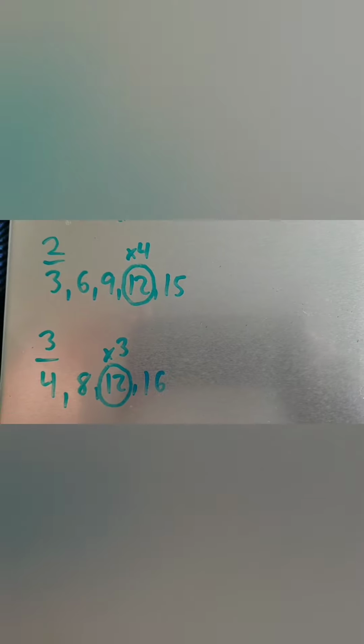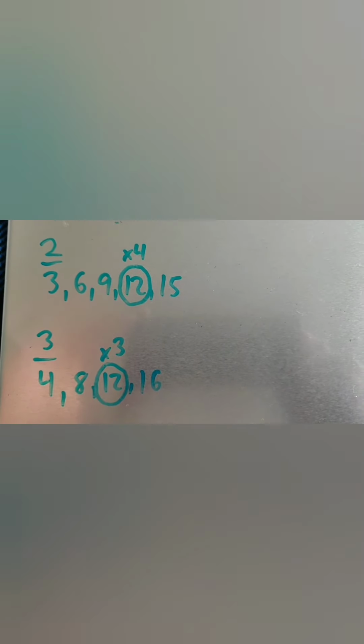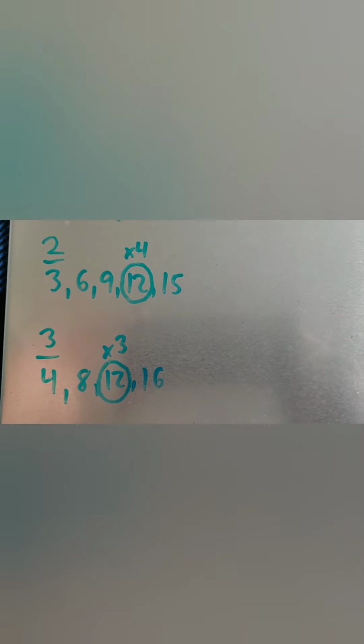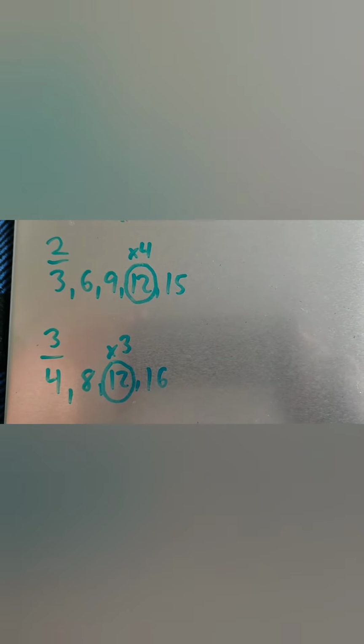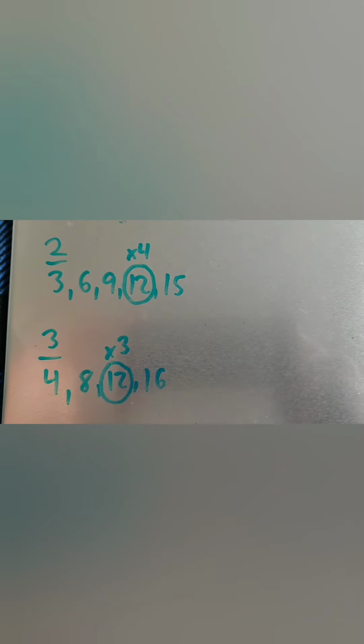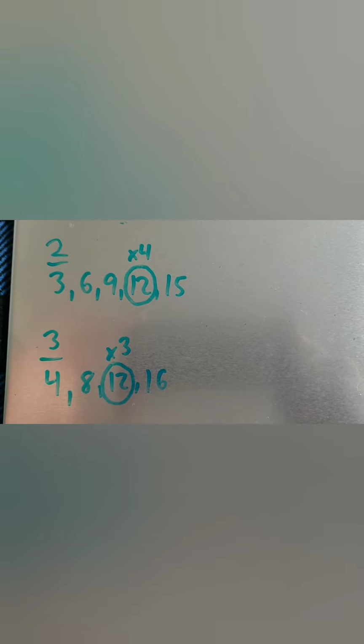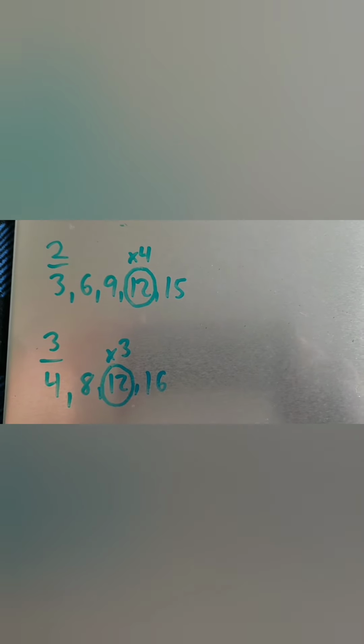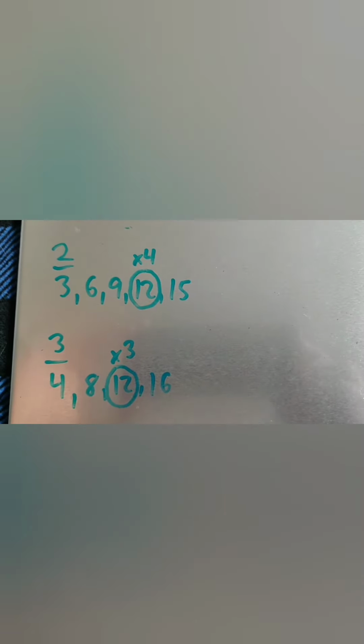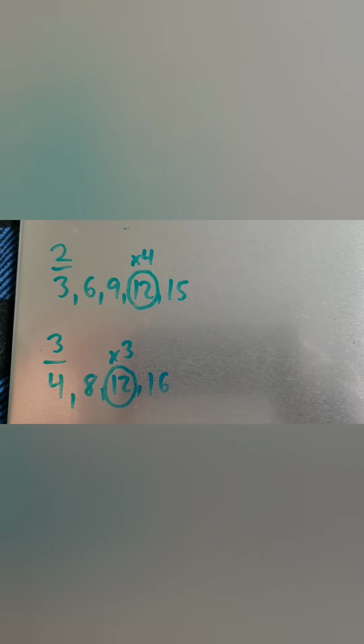So here I took 2/3, focused on the denominator 3, I skip counted it, 3, 6, 9, 12, 15. I took 3/4, focused on the denominator 4, I skip counted it, 4, 8, 12, 16. I could have kept going, but what I saw here was that I got to 12 with each of the denominators. And so that's going to be the common denominator that I'm going to want to express each of these fractions at. Or in other words, I'm going to want to express each of these fractions as equivalent fractions with